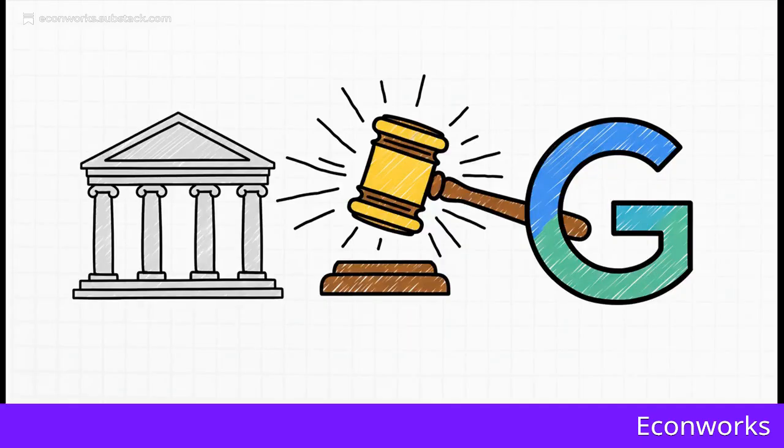The whole thing officially kicked off back in 2020. That's when the U.S. Department of Justice, you'll hear them called the DOJ, dropped this bombshell lawsuit. They accused Google of illegally maintaining a monopoly over the search market. And believe me, this wasn't just another lawsuit. This was a fundamental challenge to the way big tech does business.